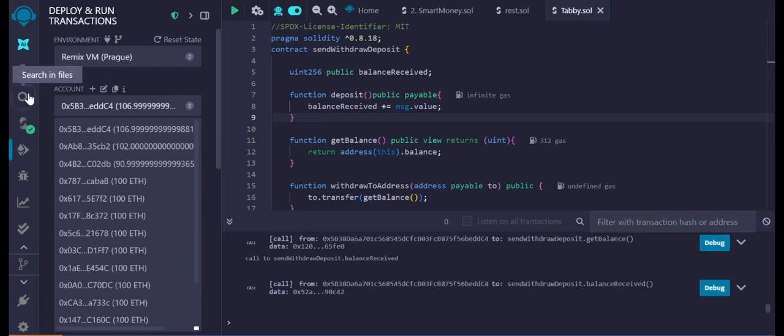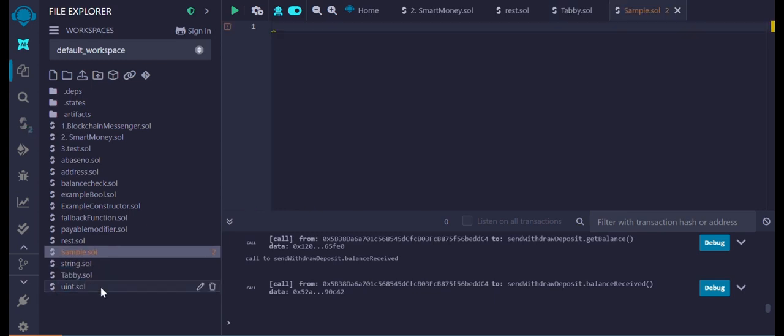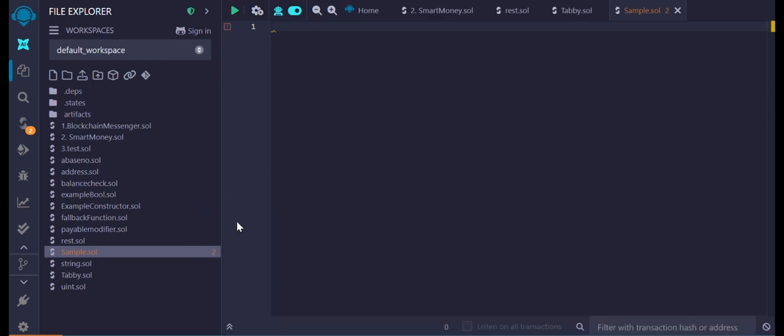Let's see what we can do. Let's start up a new file. I want to sample. So sample dot. Okay, so now we want to write a smart contract showing you some very few things on how to